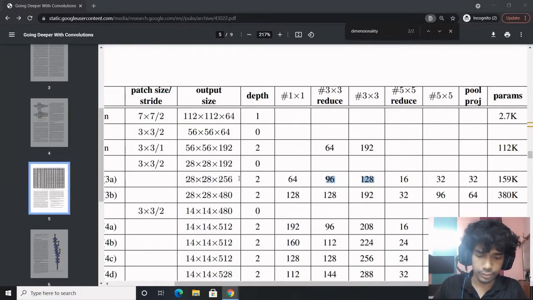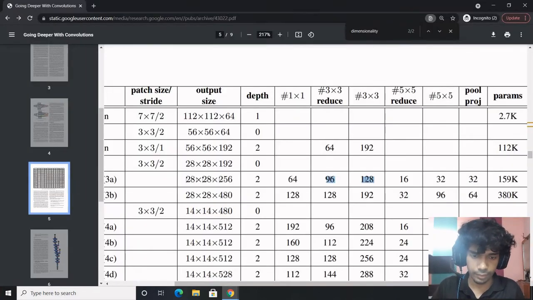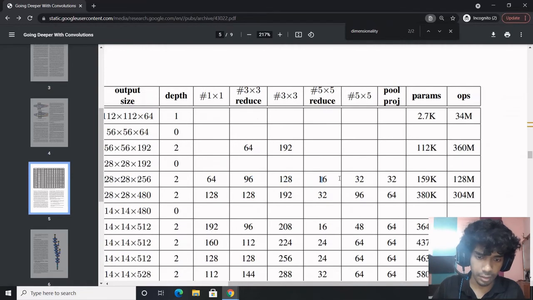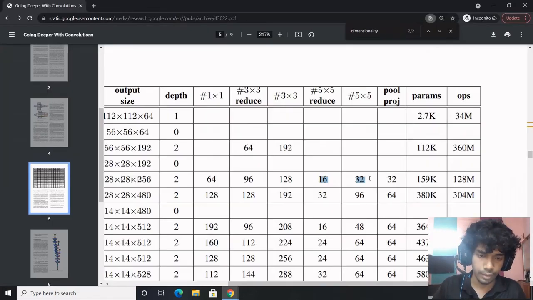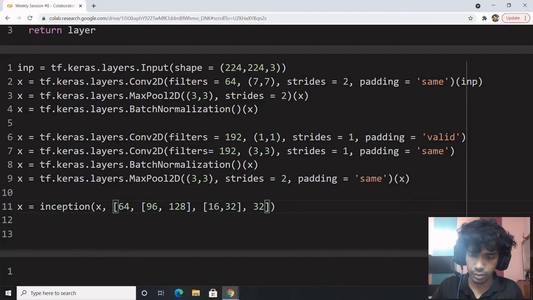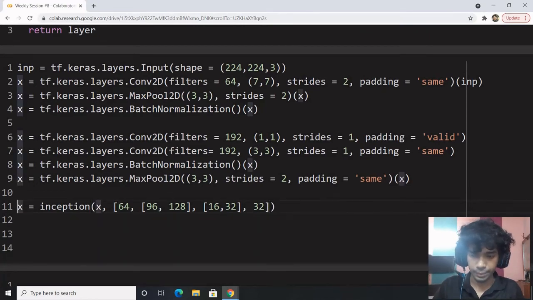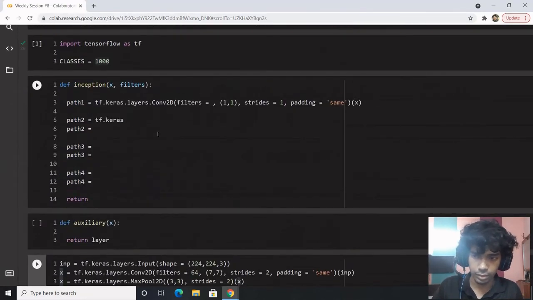The other one is 128. So is path 3. In path 3, the first one is 16, the other one is 32. In path 4, the pool projection is 32. Then this would be repeated quite often. So this is the idea.